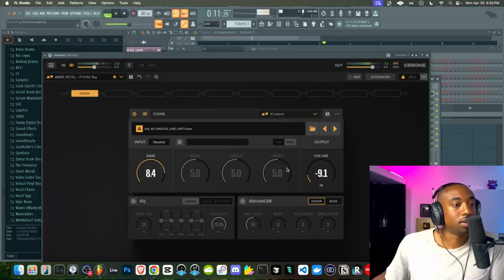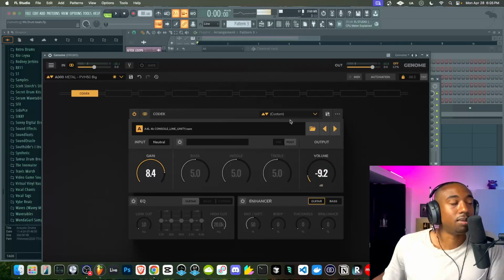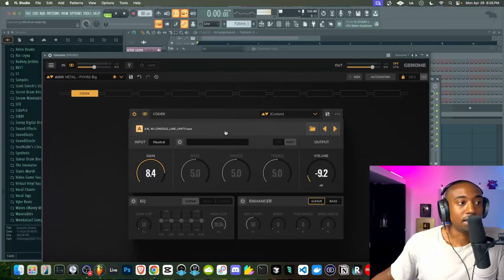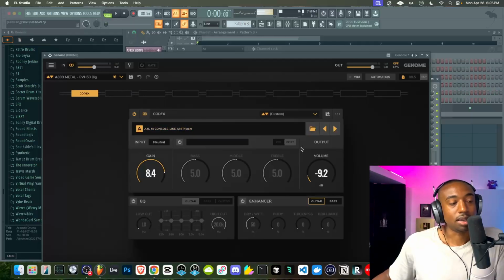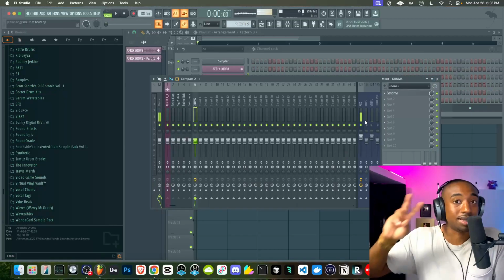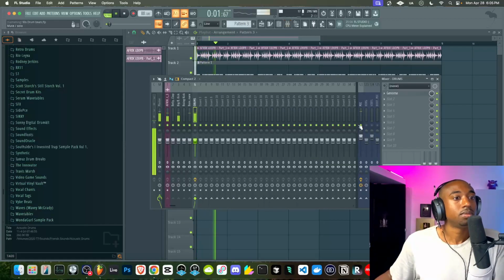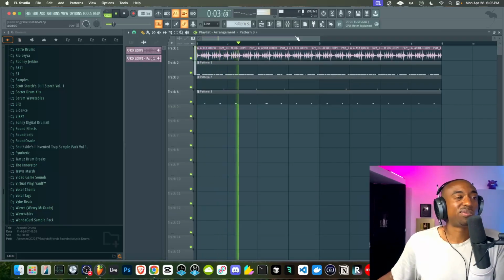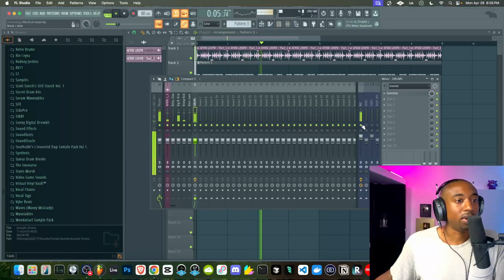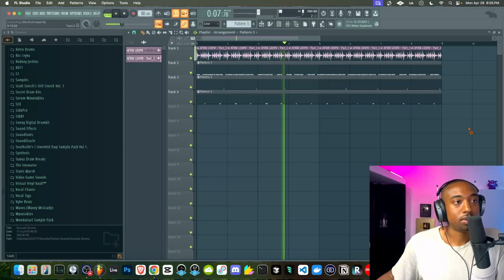You could do this with, see how the drums got really full? You could do the same thing with the MPC from Past the Future. Here is an MPC setting. So you guys could get the sound of the gear using NAM profiles. Now we have the heavy Dr. Dre sound.